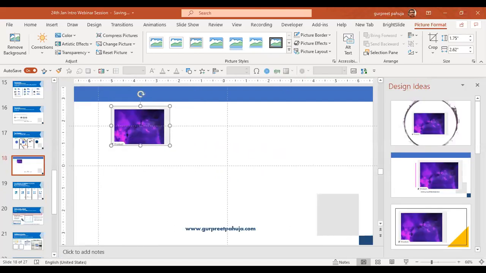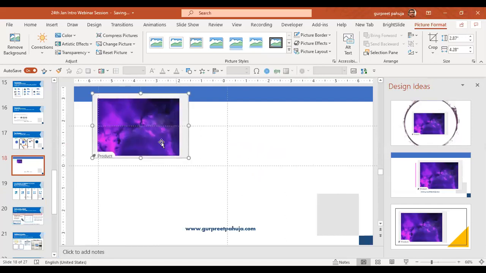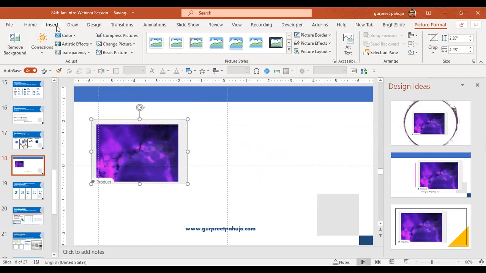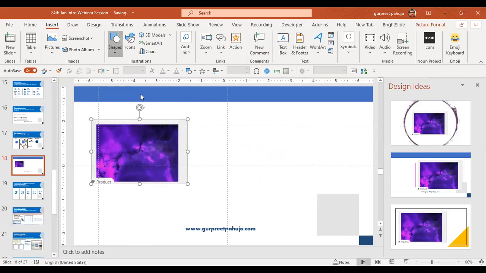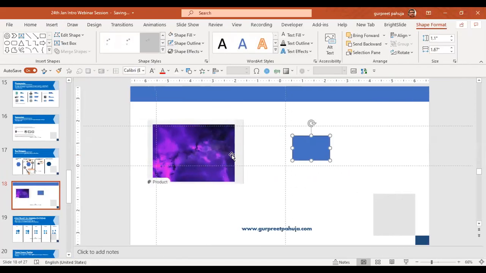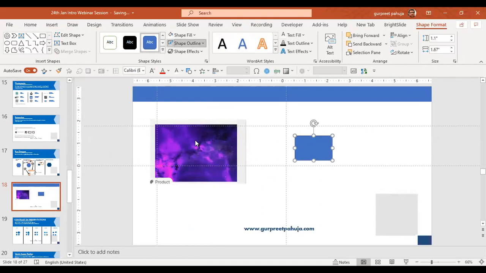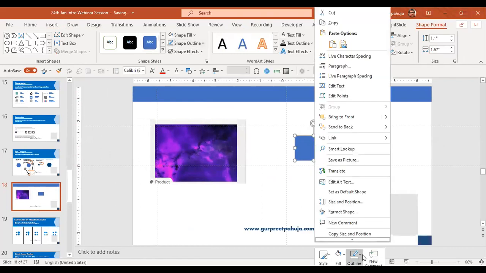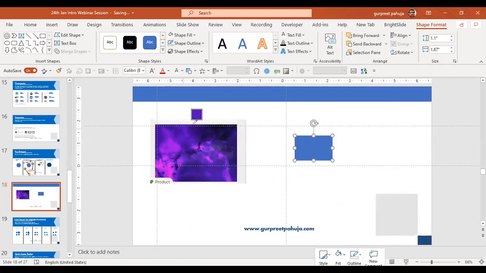Thank you, Ramani. So now I will go to insert shapes and take a shape. Suppose I want any of these colors here. I will do right click and go to shape outline. I'll select the eyedropper tool. Once I select this eyedropper tool, there is a box and an eyedropper, like the dropper which you used to have when you were kids. The dropper comes in and you can select any of the colors. You can see that color will come in that box and you click.